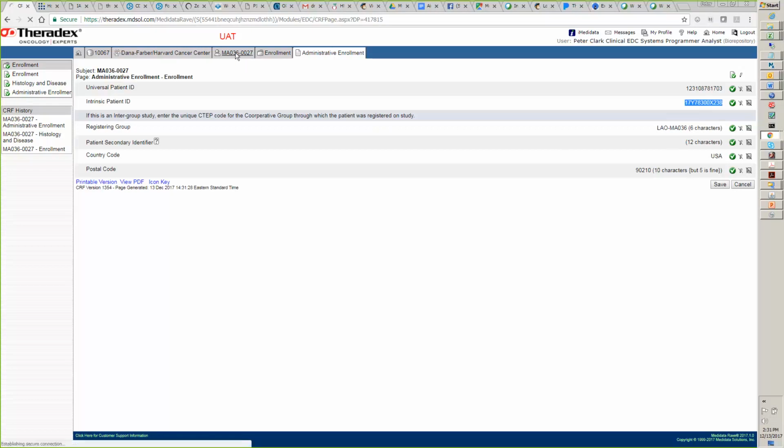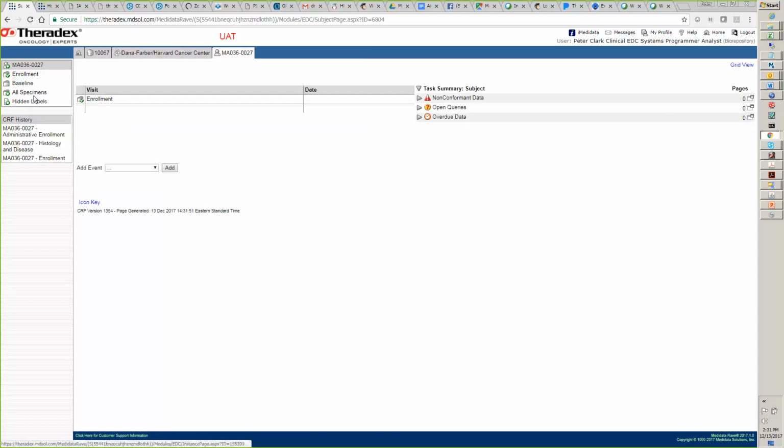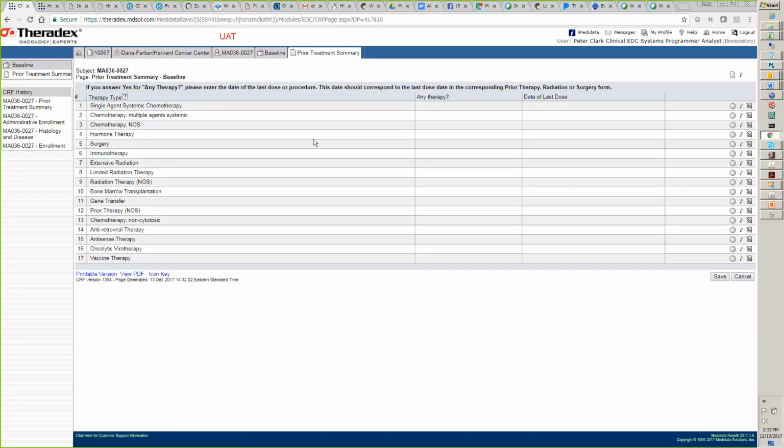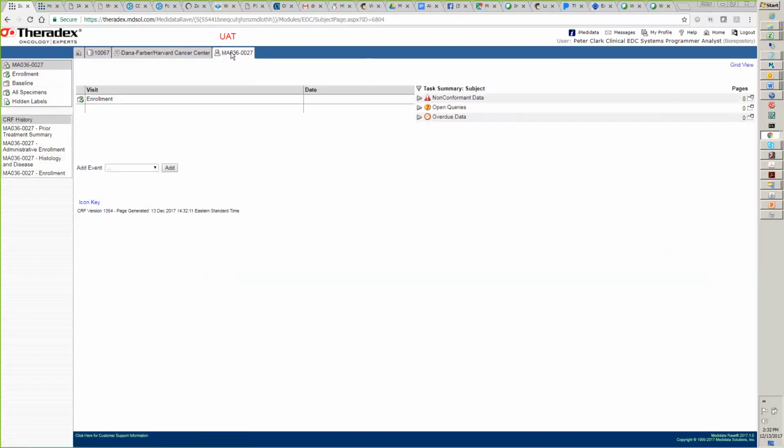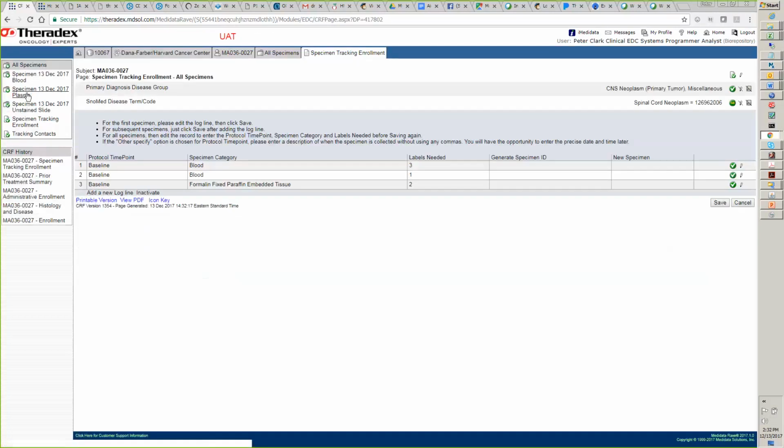The important thing for your work is always going to be in the All Specimens folder. The prior treatment information is also available to you in the baseline folder. I didn't enter any in this test run, but you would be able to see all of the prior therapy information, which is sometimes quite important in knowing what to do with the specimens. So going back into the All Specimens folder,